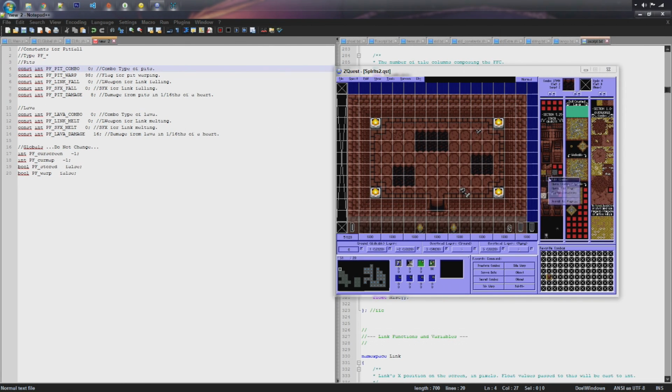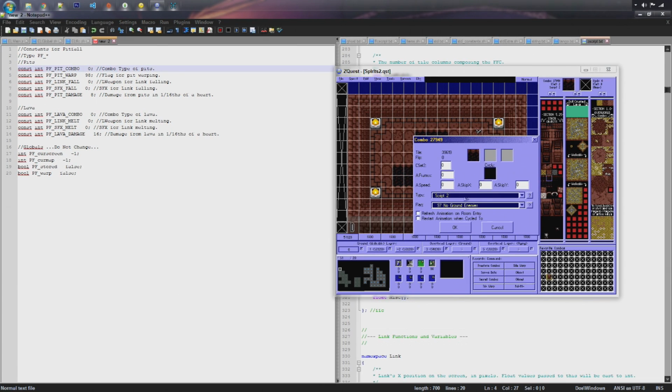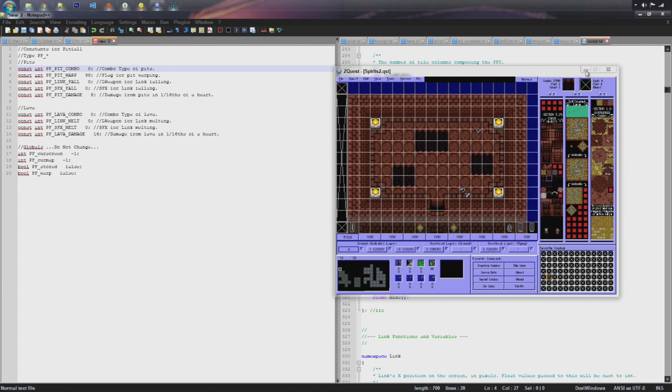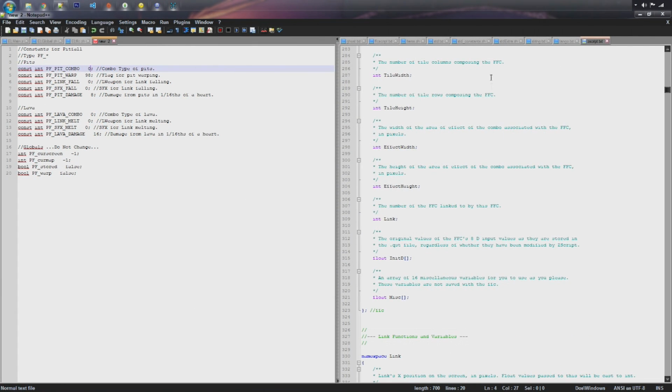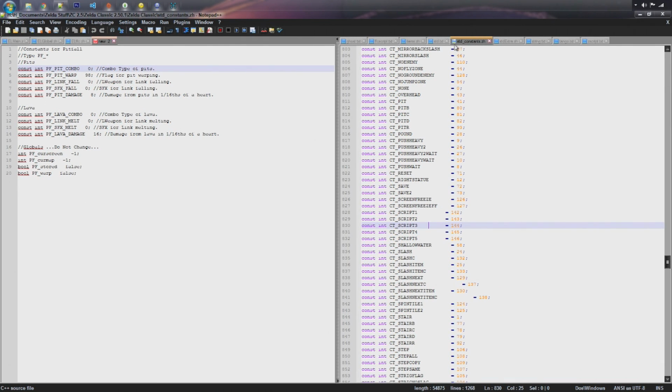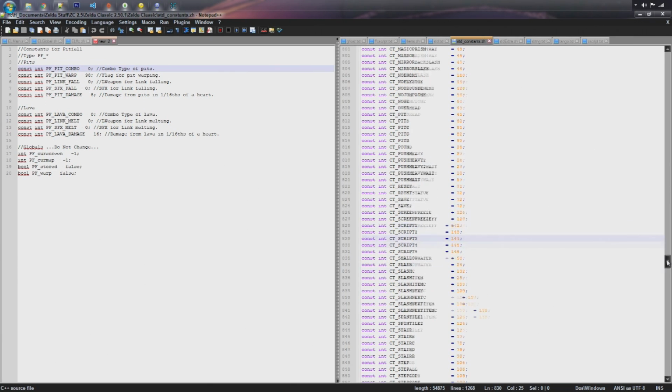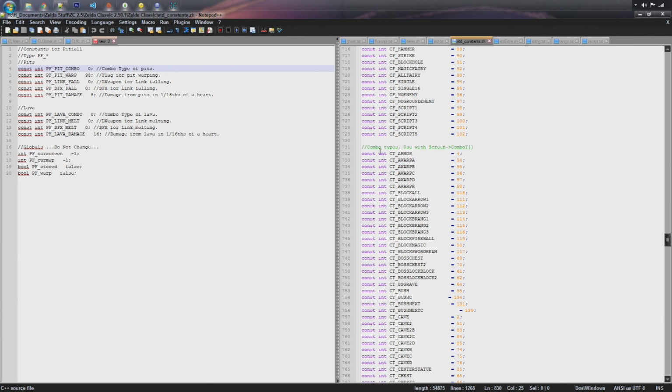Now you'll notice that these types don't have a number, which is handy, but in reality they do actually have a number. So if you open up std constants, which is found in your Zelda Classic folder,